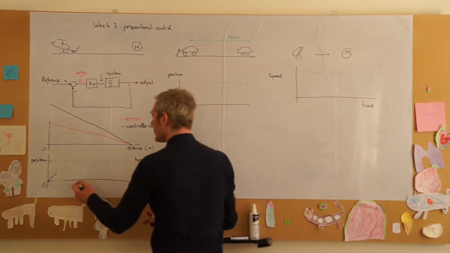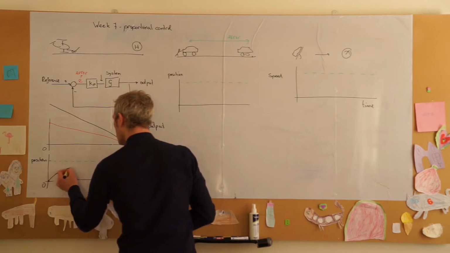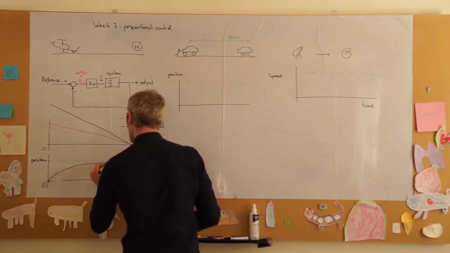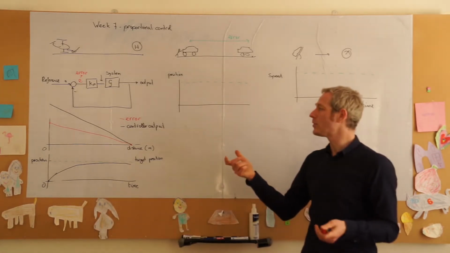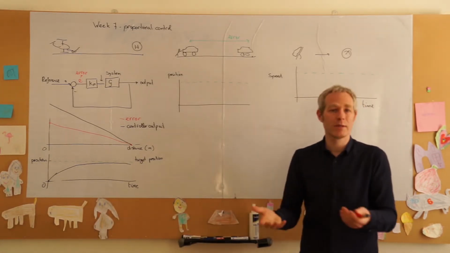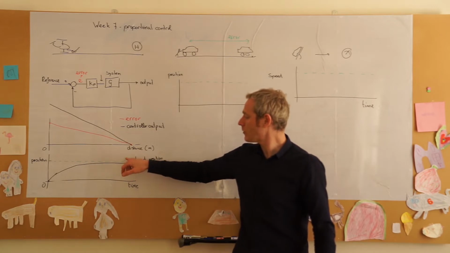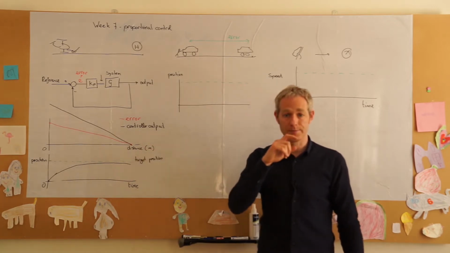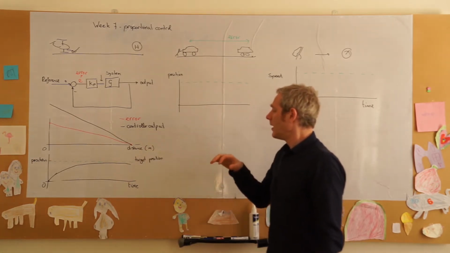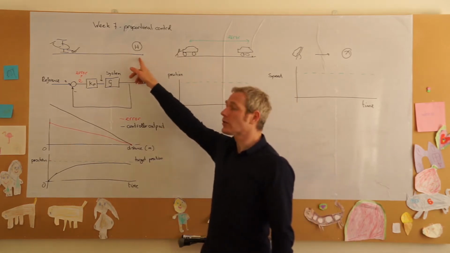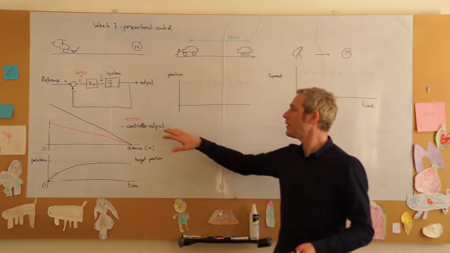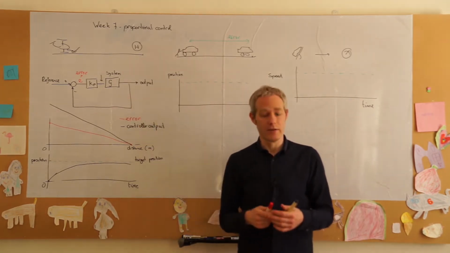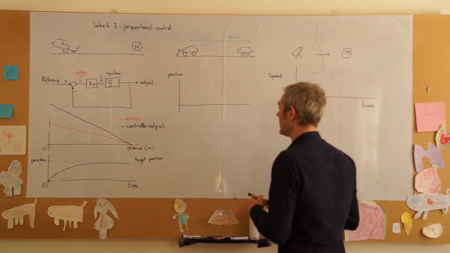But as this error becomes smaller and smaller, the input will become smaller and smaller too, to the point where at the end the input to the system is so small that it will simply not move, and we will not reach our desired target. That is a problem because we want to get to the end, and of course in real life this doesn't happen, but if we have a simple proportional controller, this does happen, and we can prove that mathematically, because if